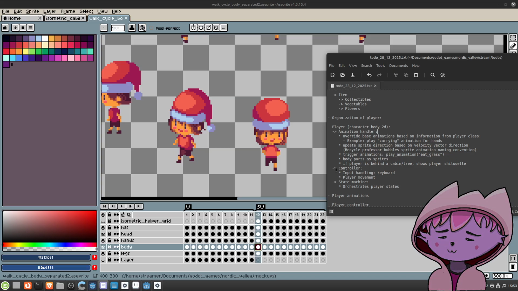Say the base animation handler class is simply a script which takes care of all the body part animations. It's already getting quite complex.